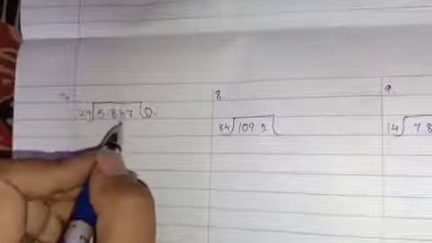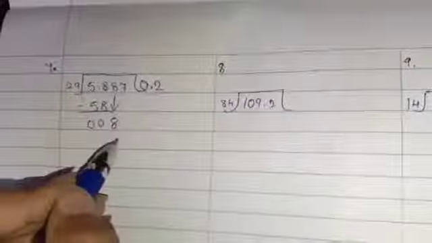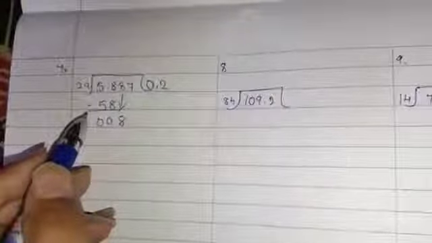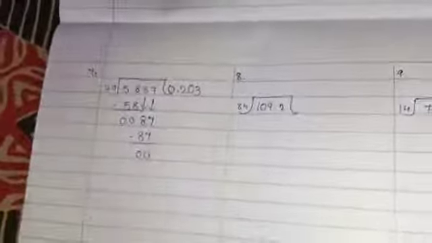Now in the 29 table, 58 comes. So yes, 29 2s are 58. I'll subtract, I'll get zeros, okay? Then I will put 8 down. Now here 8 alone, in the 29 table 8 does not come. So what should we do here? 7 also we will take down. Now here again we have taken 2 numbers together, so we should put 0, okay? Now in the 29 table, 87 comes. So yes, 29 3s are 87. So I'll do subtraction, I will get 0, 0.